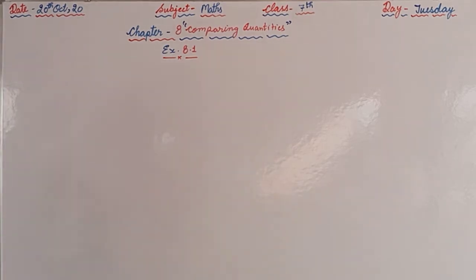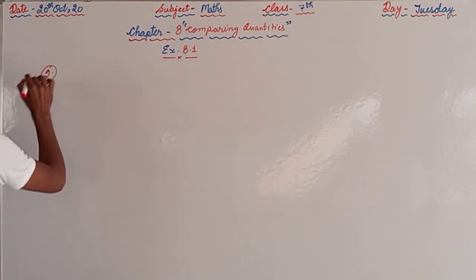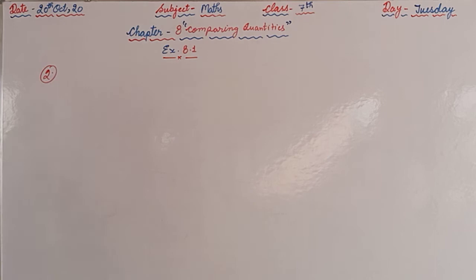Now after question number 1, one part I left for you, that is 30 days to 36 hours. First of all we are supposed to convert the days into hours. 1 day is equal to 24 hours. So 30 days will be 30 into 24, means 720 hours will be there, and that we are supposed to compare with 36 hours. That you are supposed to solve by yourself. In the meantime we will discuss question number 2.